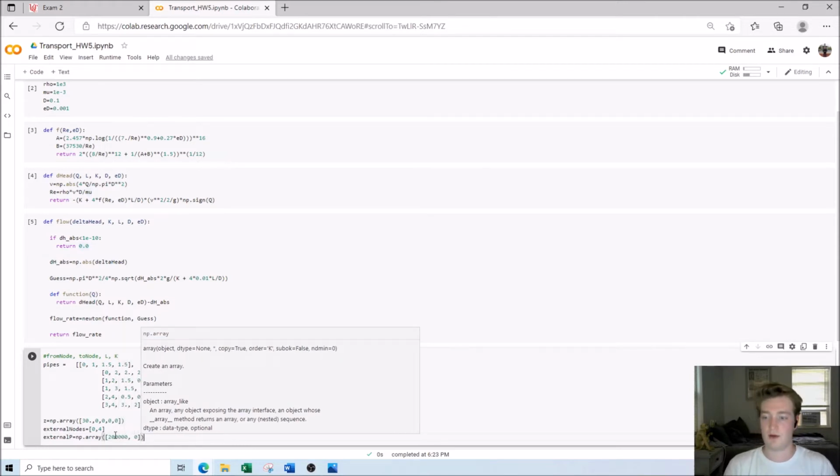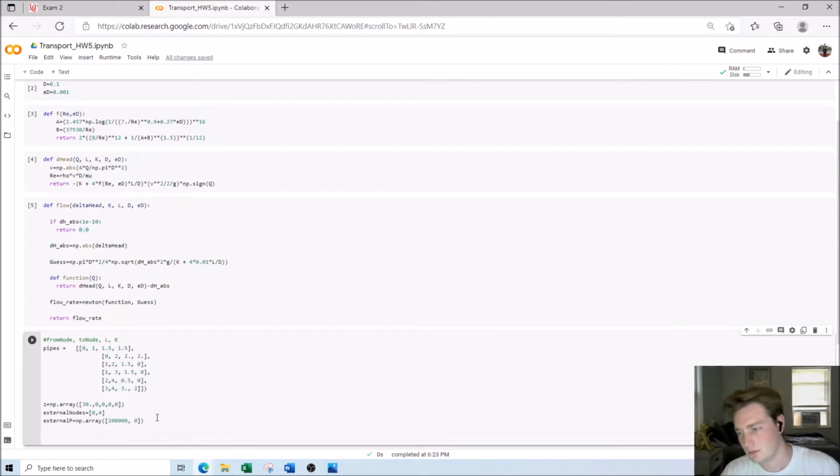200,000 and 0. Beautiful. Now, what else do we want to do here? We probably want to break this giant array into np.array. For some reason that didn't transfer over. There we go. So we want to take this giant array and we want to break it into smaller, more digestible pieces. So, for example, we were given this first column is the from nodes, and then